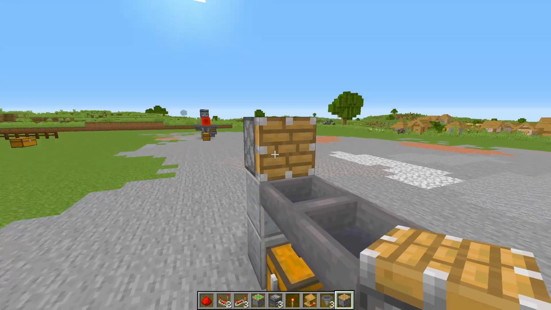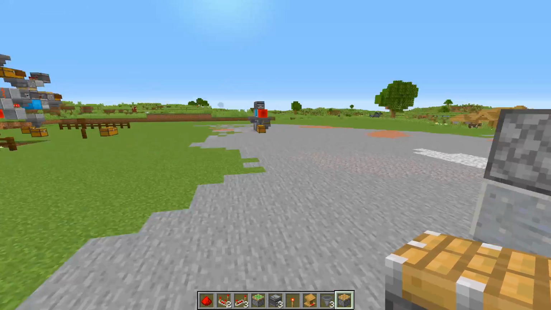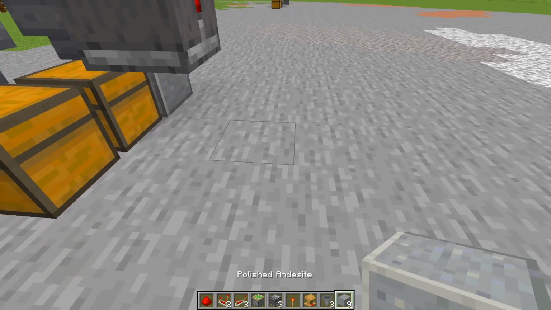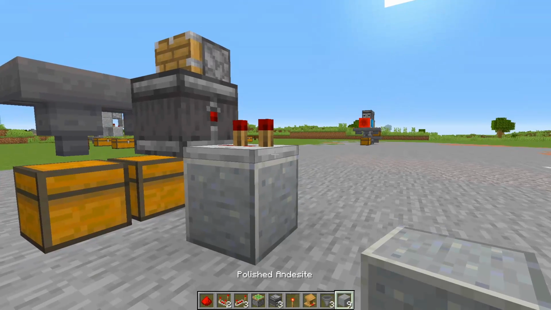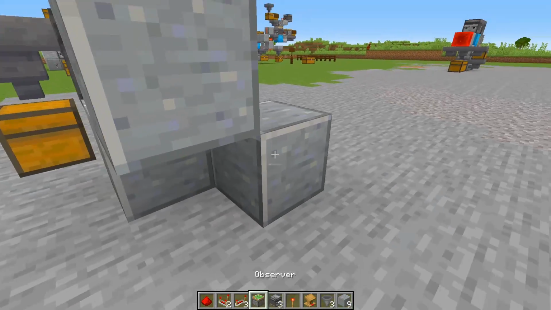Then you're going to place a regular piston on top of those blocks facing inwards. After that, you're going to place an observer with a solid block behind it, a repeater on top of it set to the second tick here. Then you're going to aim into that repeater and you're going to place another solid block, then a solid block